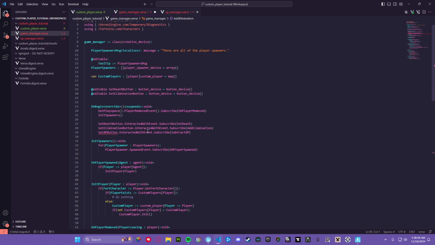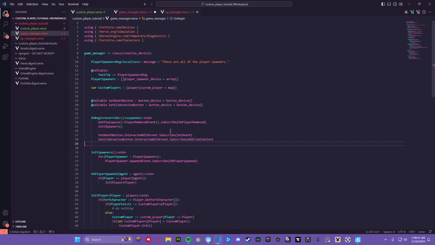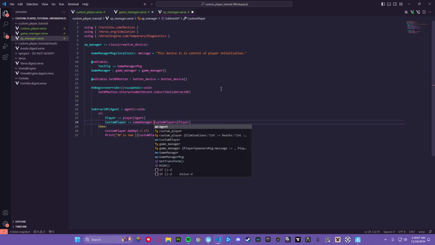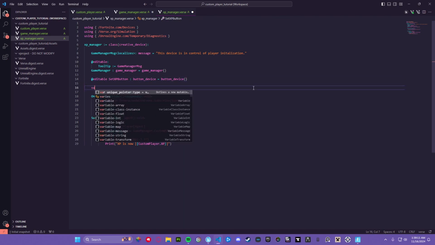And then as well as this set XP button, we're going to subscribe to that function here. So you can see it's saying unknown identifier, custom players. What is that? You want to do game manager dot custom players,